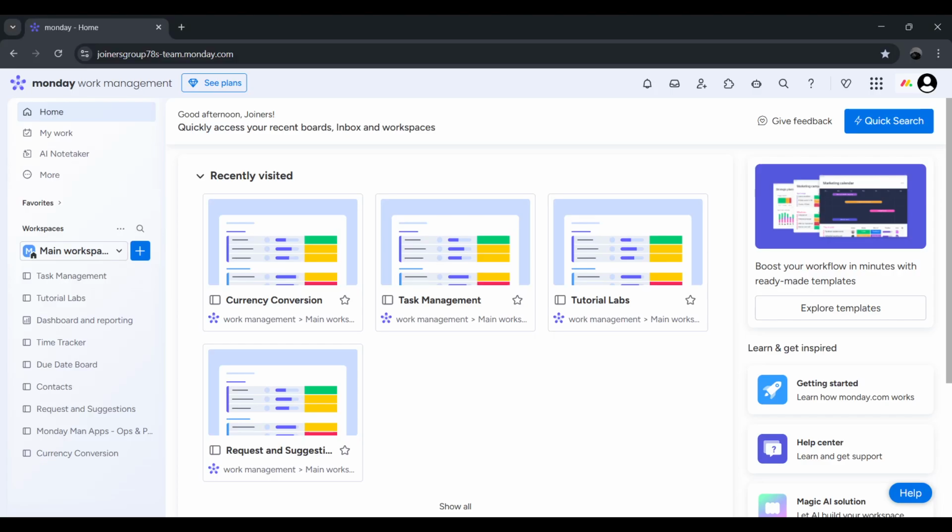Welcome back, everybody. Today, I'm going to teach you how to create a dashboard on Monday.com. Dashboards are incredibly useful for visualizing your project data, tracking progress, and getting a bird's eye view of everything happening